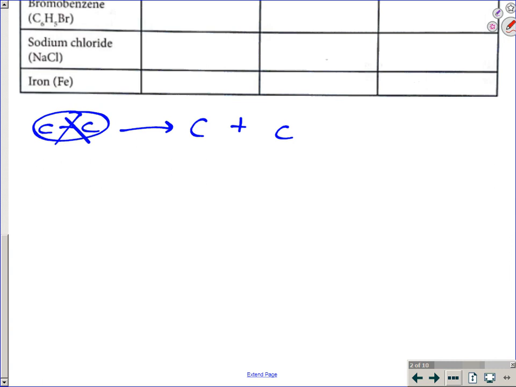We cannot change the structure of anything. We're just overcoming attractions so that something that's really close together is now just farther apart. We never change the chemical structure. So that would be like a decomposition reaction, okay? So that is not what we're talking about. We're not talking about a covalent bond being overcome or a covalent bond breaking, but a covalent molecule,